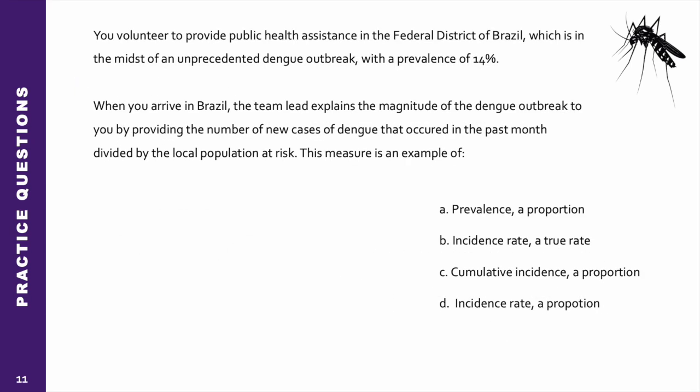You volunteer to provide public health assistance in the Federal District of Brazil, which is in the midst of an unprecedented dengue outbreak with a prevalence of 14%. When you arrive in Brazil, the team lead explains the magnitude of the dengue outbreak to you by providing the number of new cases of dengue that occurred in the past month divided by the local population at risk. This measure is an example of